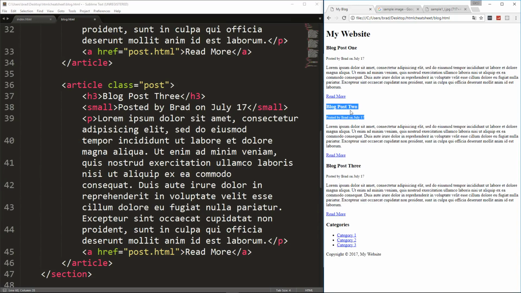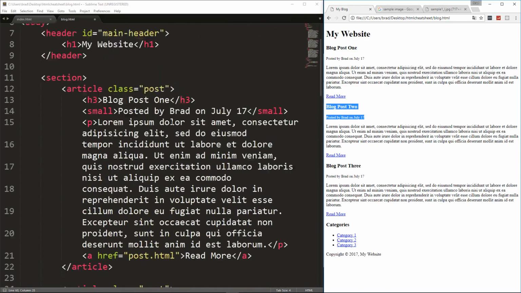They might wrap that inside of a header. It doesn't necessarily mean it has to be your main website header. Okay,